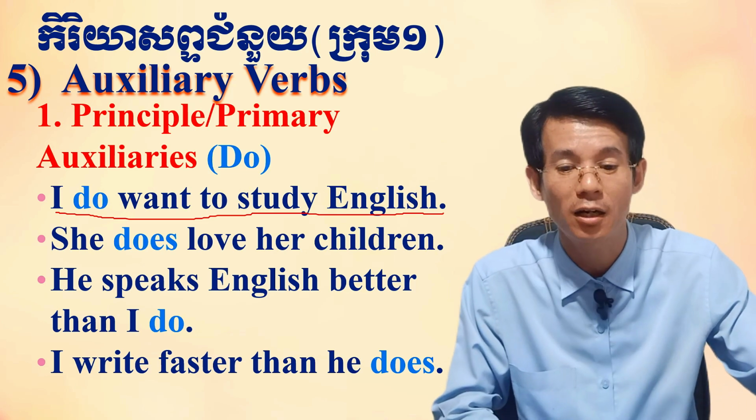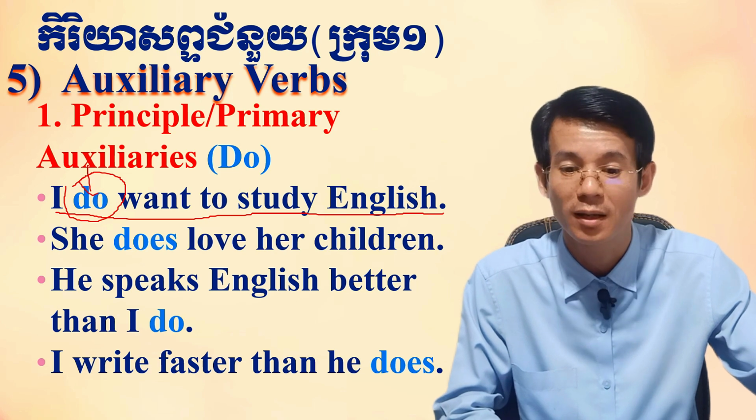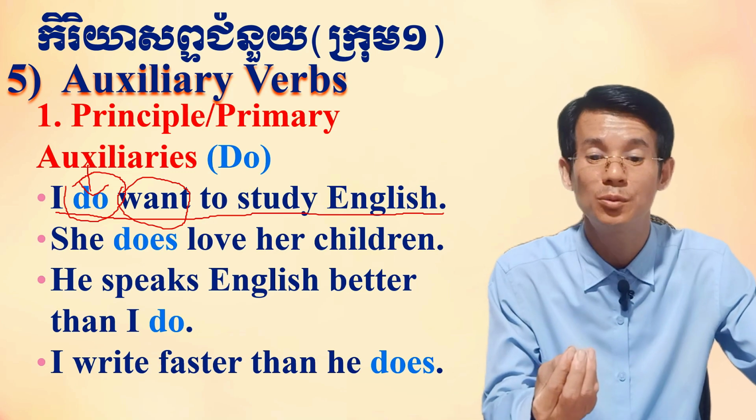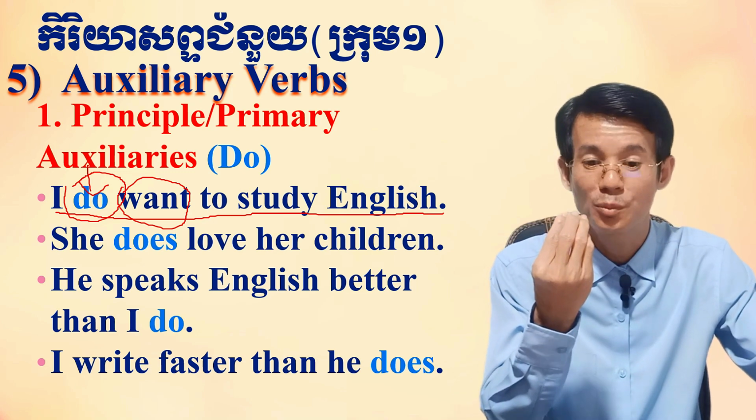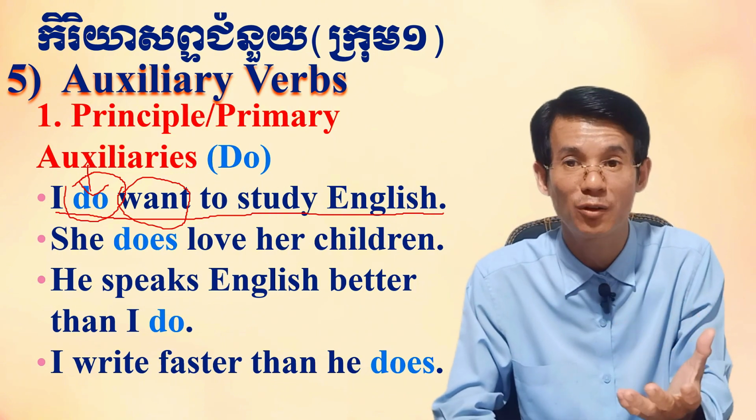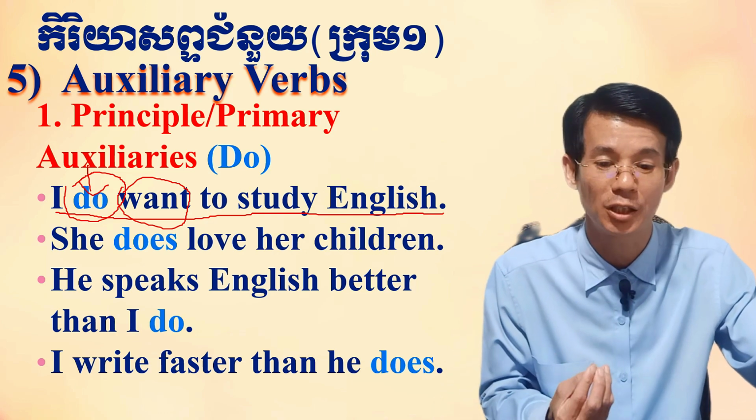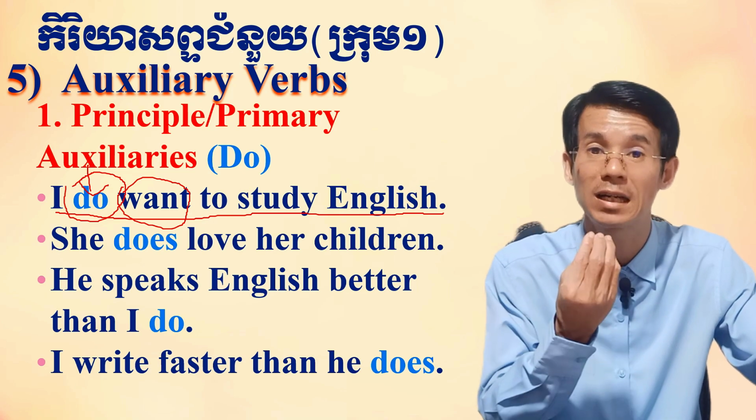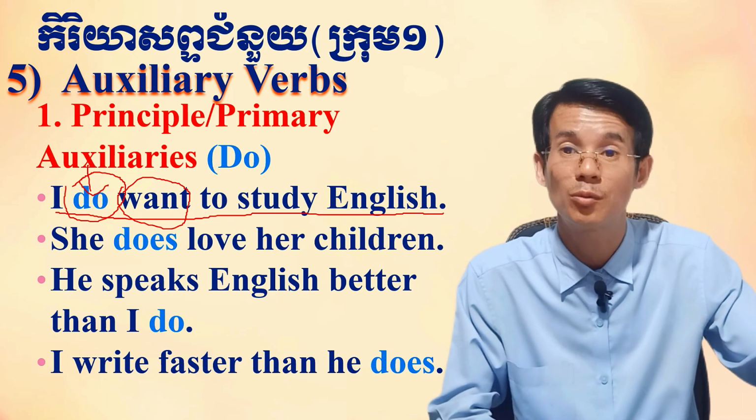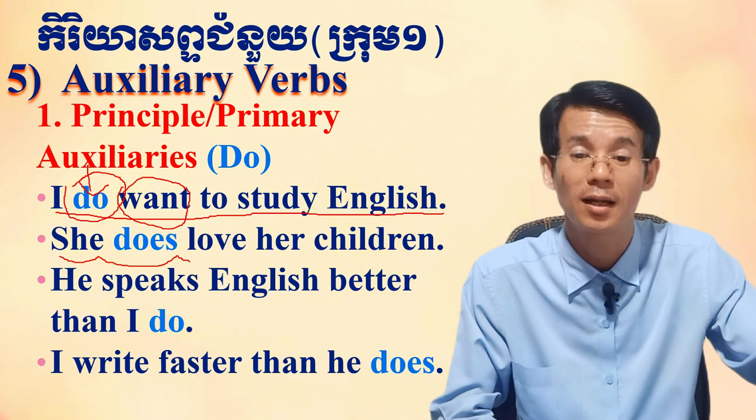You can add an auxiliary verb, a principal auxiliary verb, between the subject and the main verb. Or I can say you can use the auxiliary verb do or does to precede the main verb in order to emphasize the meaning of the main verb strongly. Okay, so you can say I do want to study English. We stress the meaning of the word want more strongly, so we use the auxiliary verb do. Okay, she does love